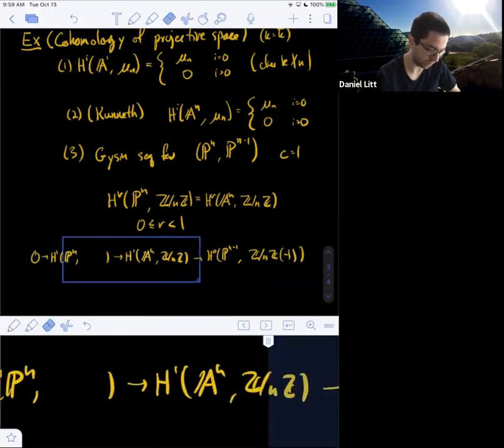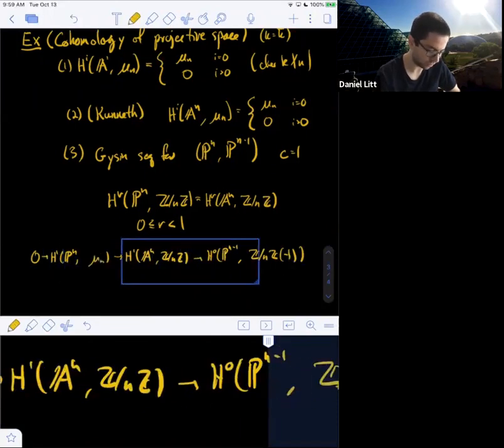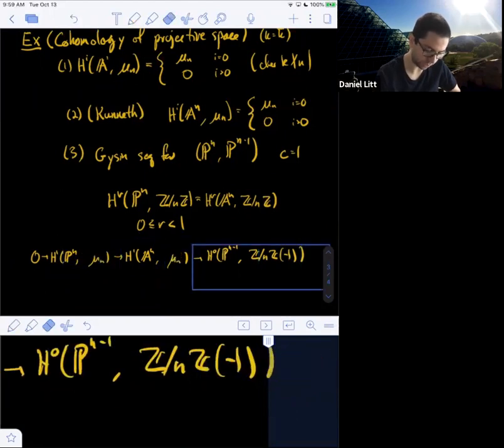Maybe it would actually be a little bit easier if I do mu_n here. So I'm going to do mu_n here, and then here we'll get just Z mod nZ. So mu_n twisted by minus 1 is just Z mod nZ.